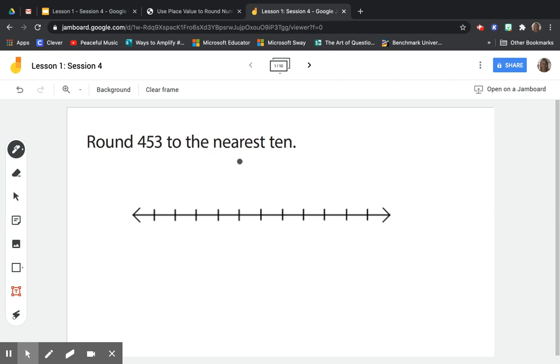nearest 10. So just like when we do our 3-read strategy at school, I'm going to read it 3 times. Round 453 to the nearest 10. I know this story is about rounding. Round 453 to the nearest 10. What is this asking me to do? It's asking me to go to the nearest 10. And round 453 to the nearest 10, I'm looking at this number